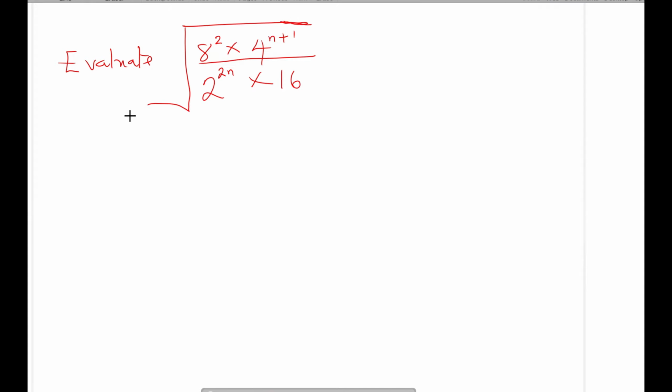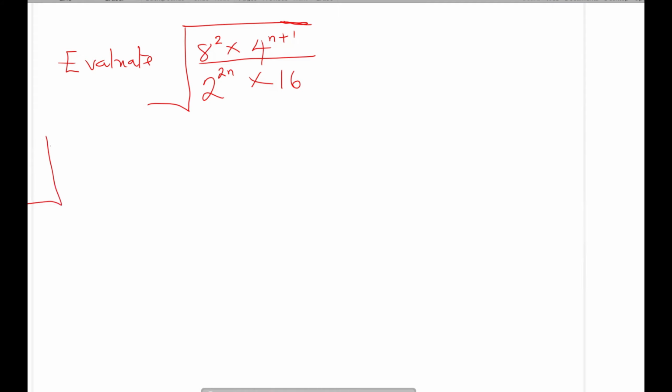Now, let's simplify. This one is 8 raised to the power of 2, 4 to the power of n plus 1, 2 to the power of 2n. You see, all these bases here are not the same, but we can make them the same. Because we can express 8 to be a base of 2, that's 2 raised to the power of 3. 4 also to be a base of 2, 16 also to be a base of 2. So that means we can say